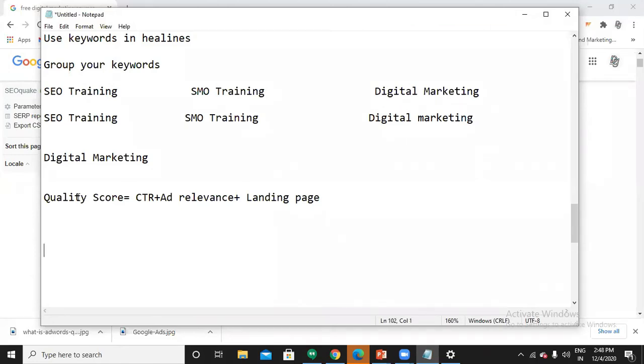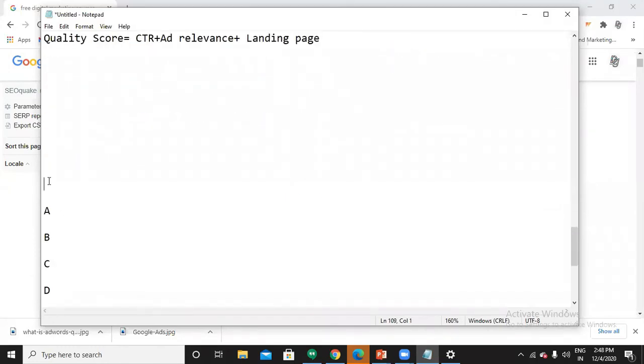Okay, let me show you with a simple table. Let me take some CPCs of each advertiser, like 20, 25, 15, and then something like 80.